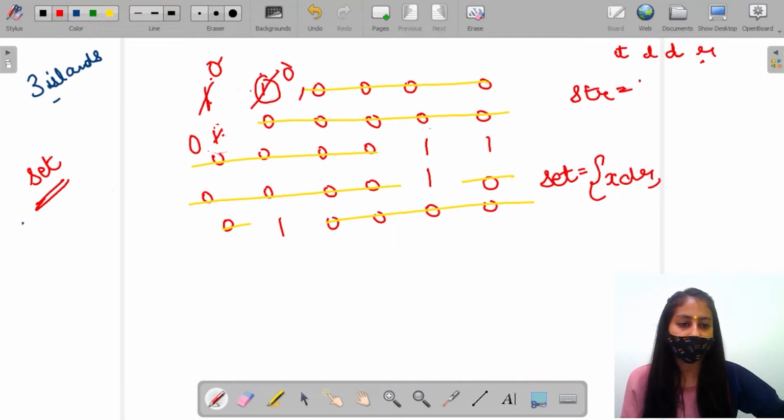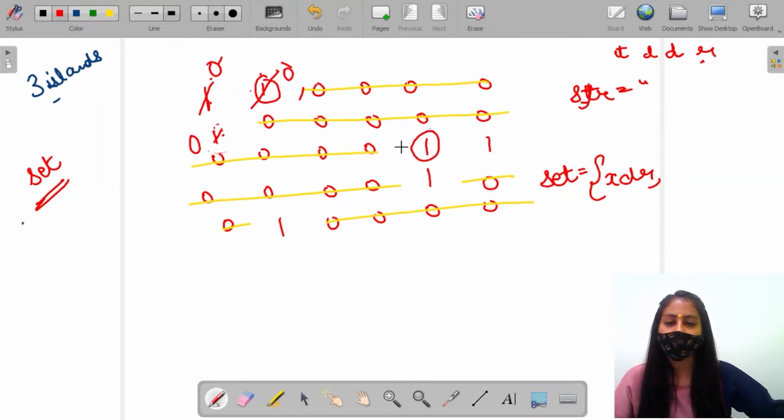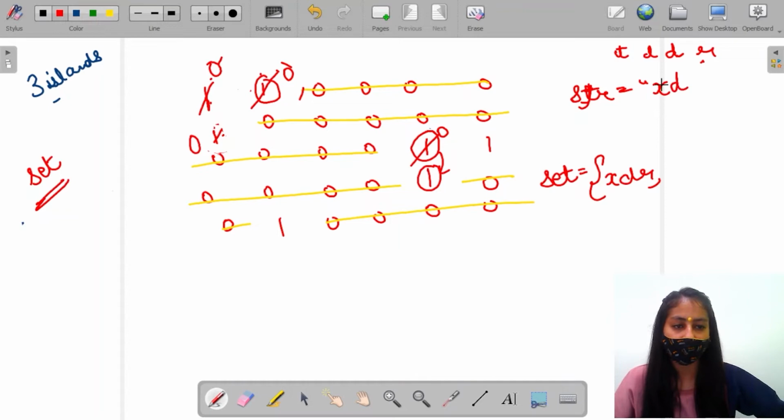when one DFS is called on any of the 1s in the matrix, we are creating a new string, right? So since we are calling DFS on this one, add an x to our string. Now this one is visited. Move in all the 4 directions. Top 0, left 0, down. Since we are moving in the down direction, add a d here, right? So this is marked. Now move in all the 4 directions. All the 4 directions are visited, so it will backtrack,